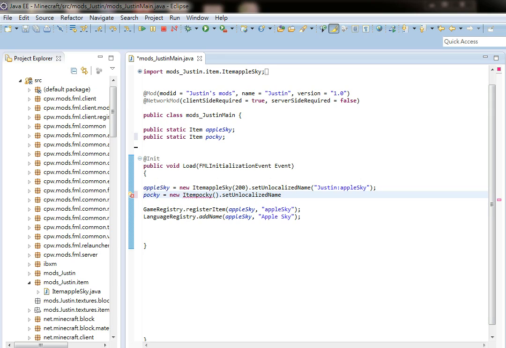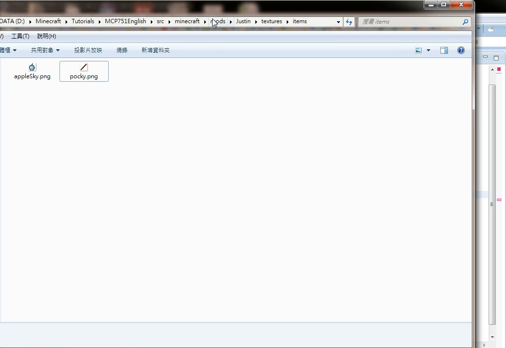Unlocalized name, capital U for unlocalized and N for name, parenthesis, and then we need quotation marks in the parenthesis. Like I explained to you, put the name of the custom folder inside mods, then a colon, and then the file name of your PNG file. So that will be Pocky still. Let's bring you back again. Inside of Justin, it's items, so you will see Pocky.png. So it's Pocky. You don't need the .png